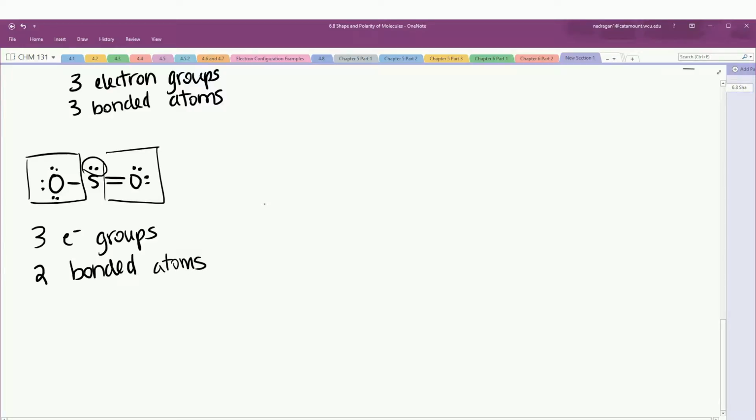Okay, so the electron geometry, I'm just going to start making a table. Okay, so the electron geometry here is going to be trigonal planar,